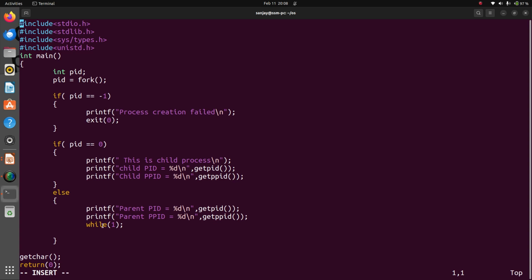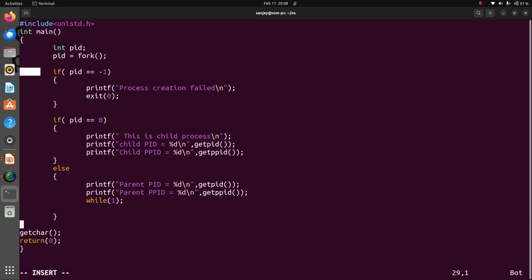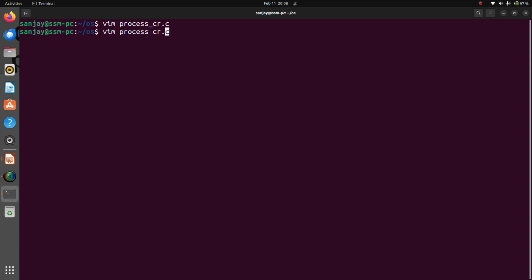Here fork is there, PID, and we will remove getchar, not needed right now. Now I will execute the program using the GCC compiler in Linux. First of all, I will compile the program to create the object file.